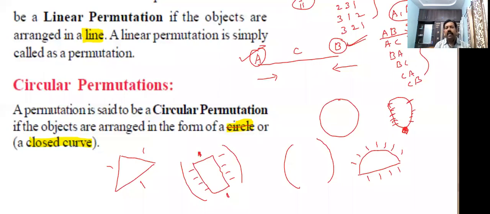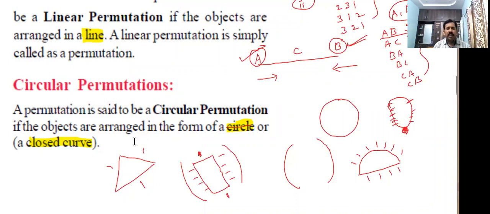these are all circular permutation only. But we will say that it is a hanging type of circular permutation. Necklace, chains, where they hang, you know very well, on the neck only. And garland of flowers also. Those also we will say are circular permutation only. So permutations are of 2 types. One is linear permutation, another is circular permutation. Linear permutation means the things or objects can be arranged in a line. Circular permutation means the things or objects can be arranged in a circle or closed curve.